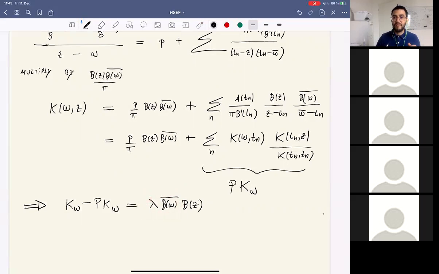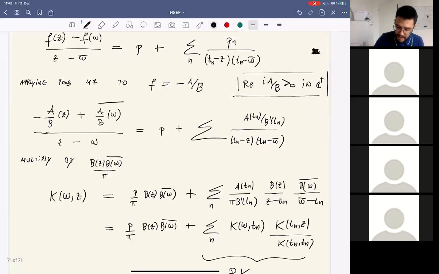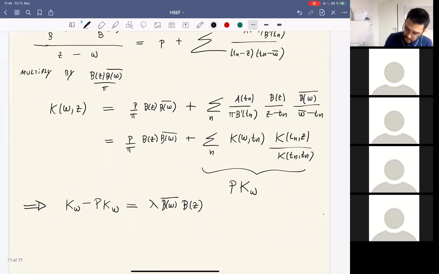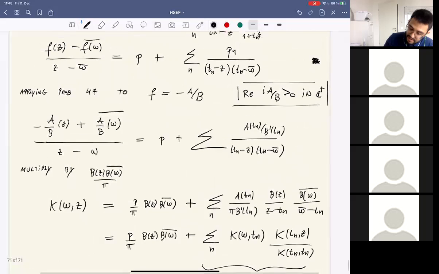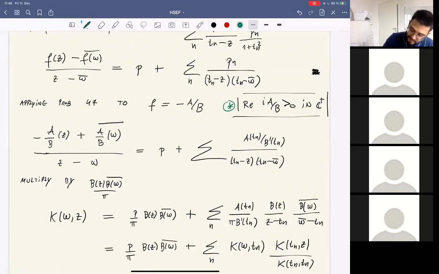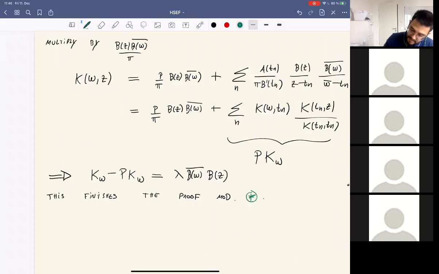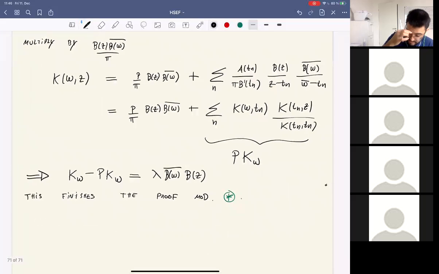So this was just a simple application of the Poisson representation. Now I just have to show this claim here. Okay, so this finishes the proof of mod star. And for a star, to prove it,